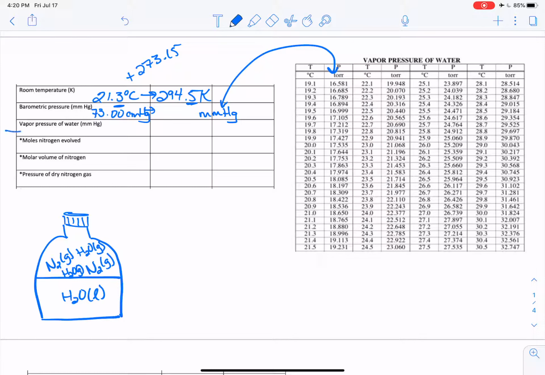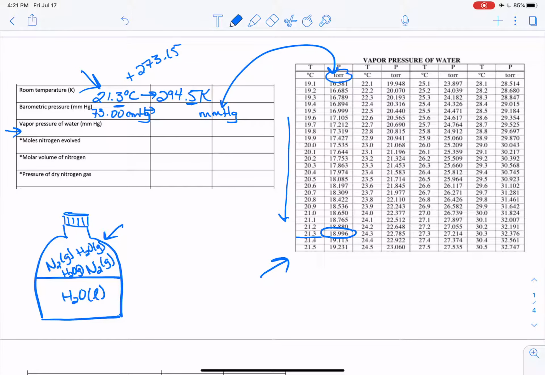So right here, this is asking for what's the vapor pressure of that gaseous water above the liquid water at the temperature that we're at. So what we do is we look up this chart, which was in the procedure portion of this lab. You clicked on the link and it took you there. And what you do is you find the temperature in Celsius. So we would go down this row and we would go to 21.3. And we would see that we are at